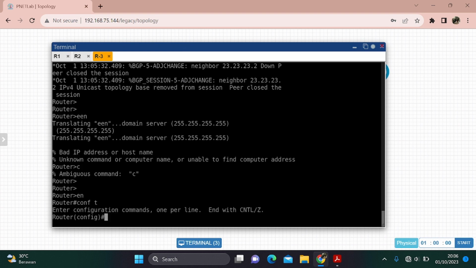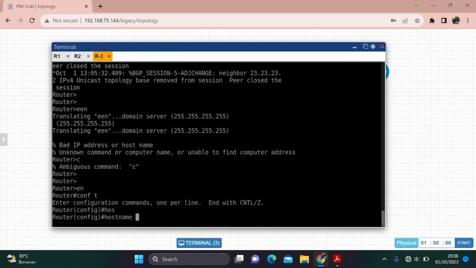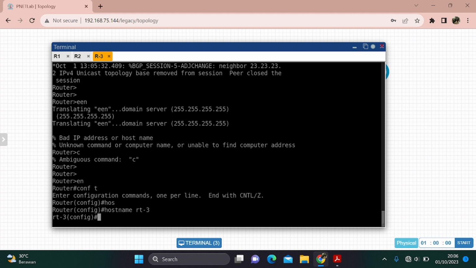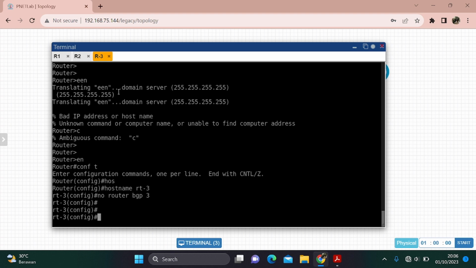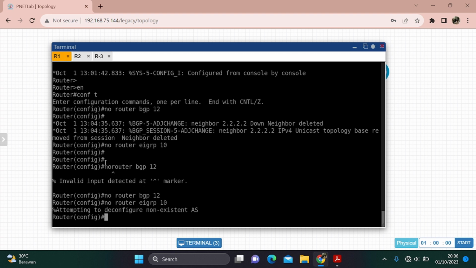Enable, configure terminal, hostname. We can change the hostname before we configure, and then delete router BGP 3. No router BGP 3. After that, back to router 1, and then reconfigure the BGP peer from the physical interface and advertise one network from router 3.